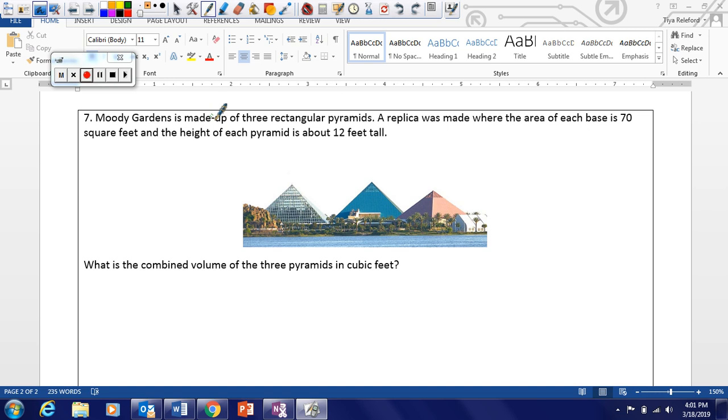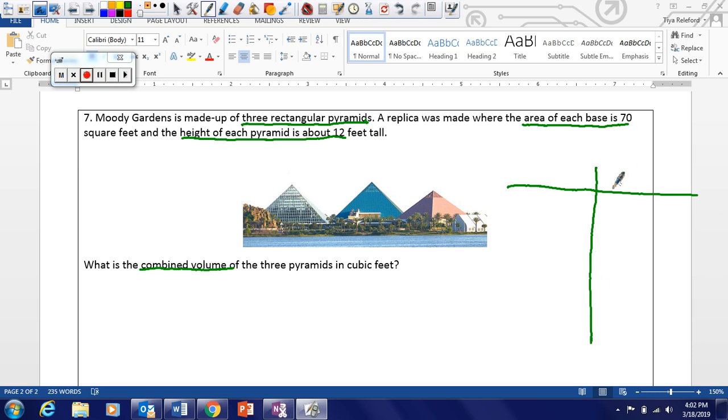Number 7 says Moody Gardens is made up of 3 rectangular pyramids. A replica is made where the area of each base is 70 square feet and the height of each pyramid is about 12 feet tall. What is the combined volume of the 3 pyramids in cubic feet? Let's find the volume of one pyramid first. So volume formula for a pyramid